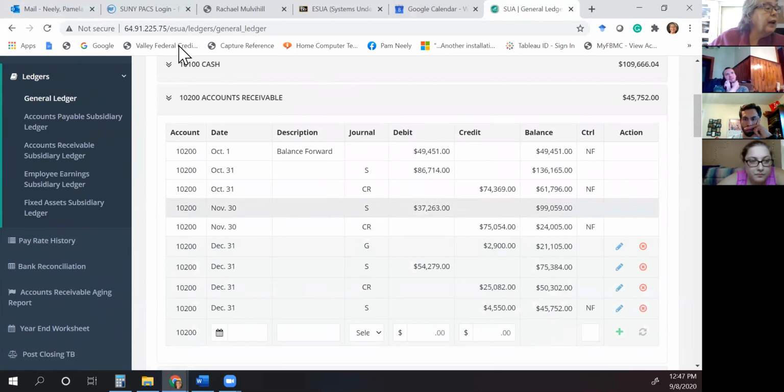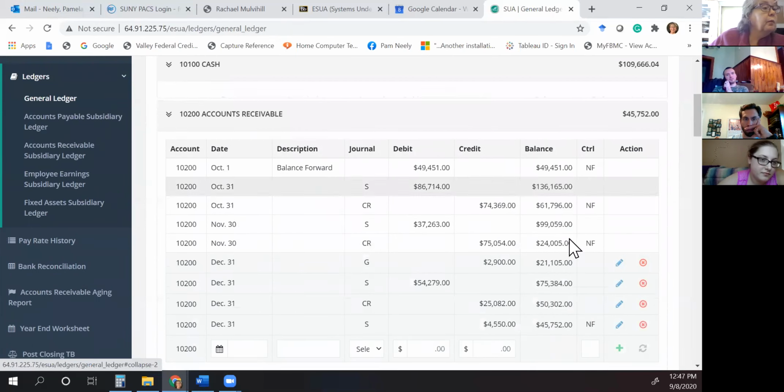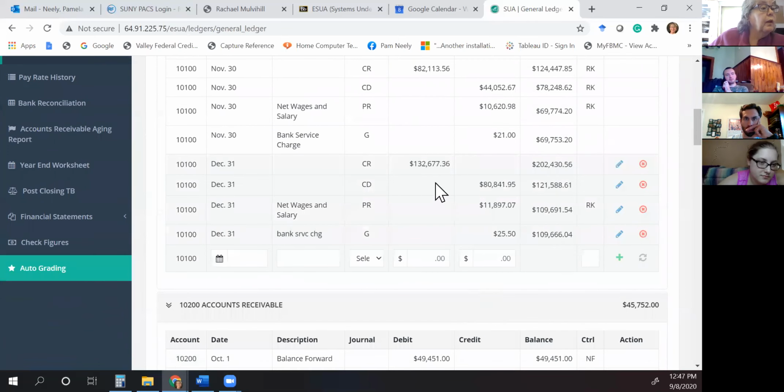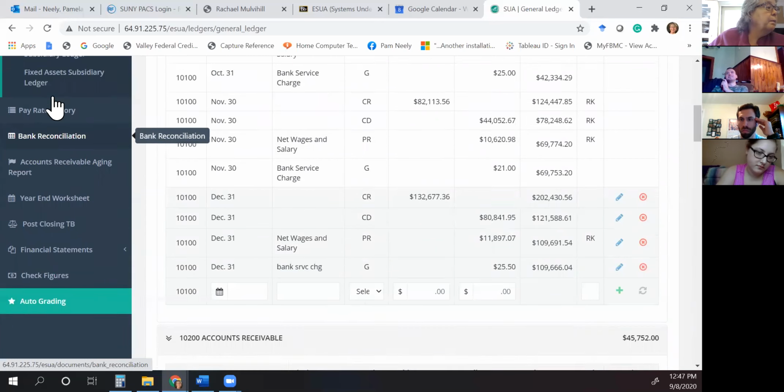I think, or that was cash. I wanted to do cash. So I wanted to have my $132,677.36 here in my cash account. Okay, and so when you're posting to the general ledger, you're going to put where it came from and the amount, whether it's a debit or a credit. And so you should have done that